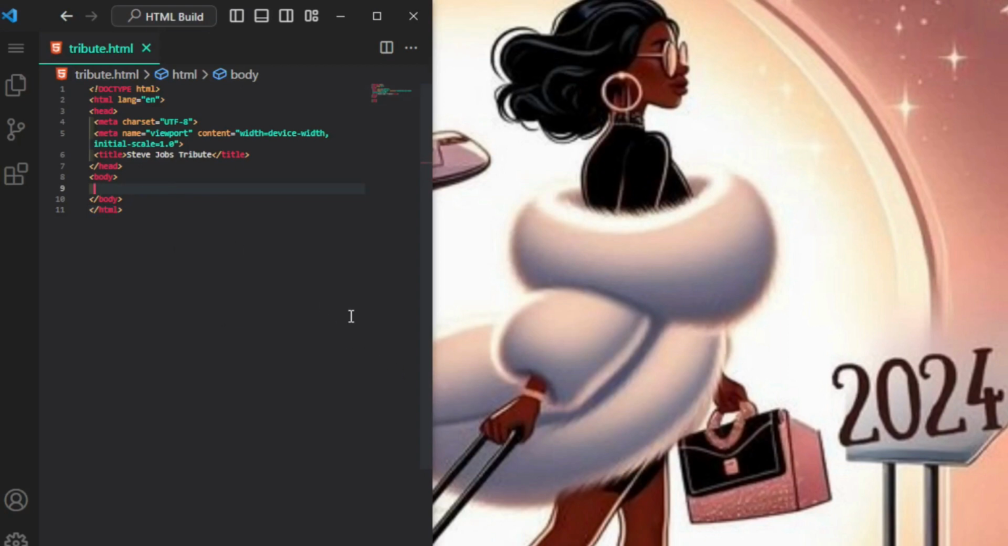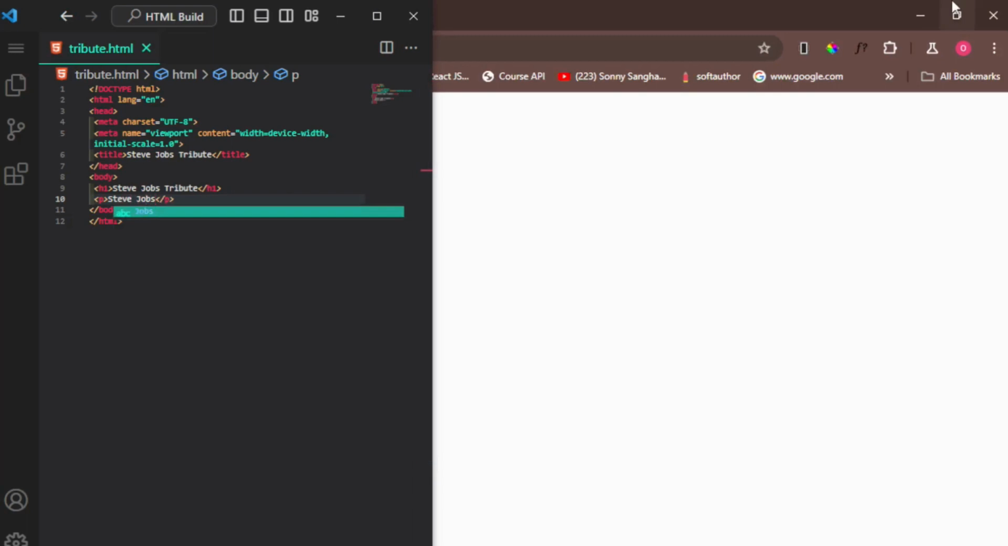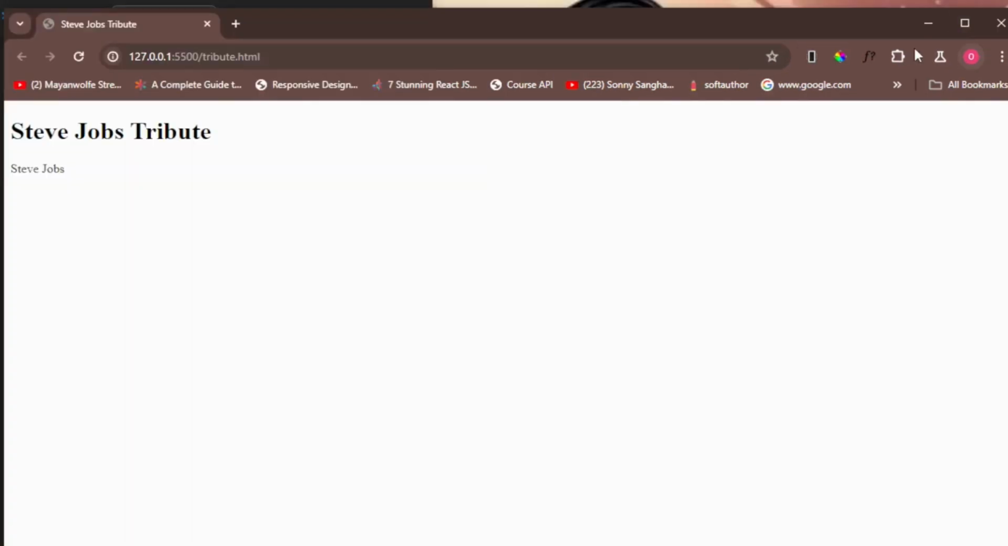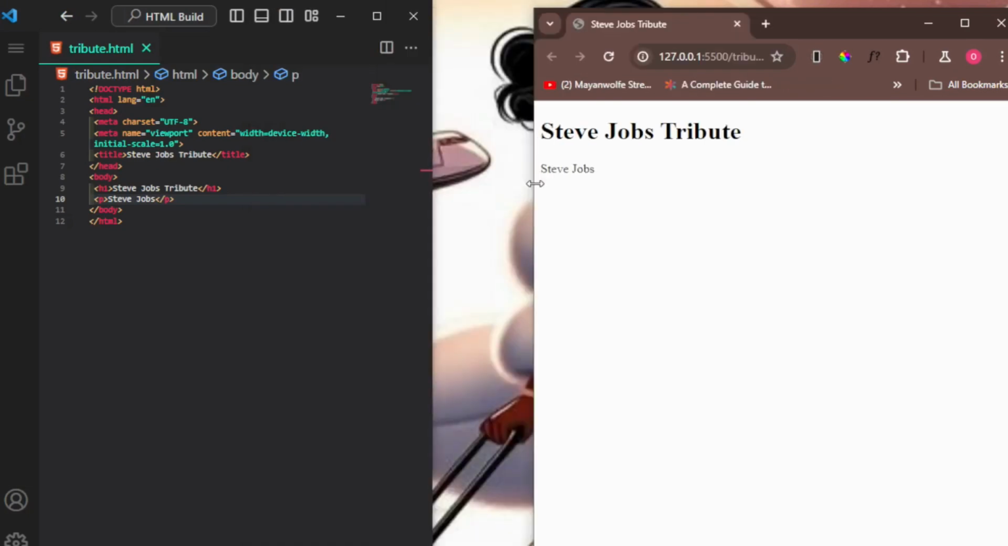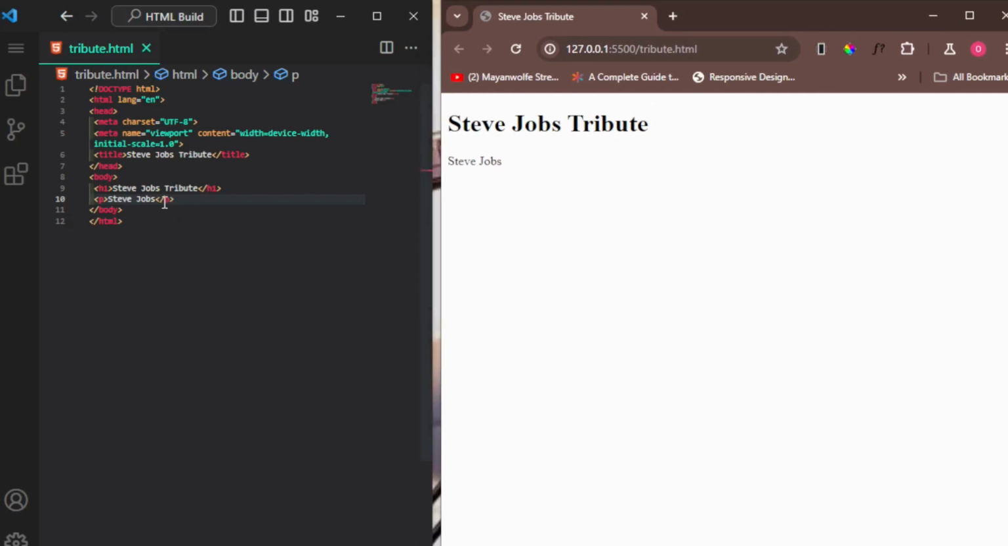Let's continue. So I want a heading which will state Steve Jobs tribute again. So I'm going to use an H1 tag and type in Steve Jobs tribute. Then a paragraph, just a few details on him. So I'm saying Steve Jobs. So I have my H1. Okay, let me resize this browser so that we can see everything. Yeah, so Steve Jobs